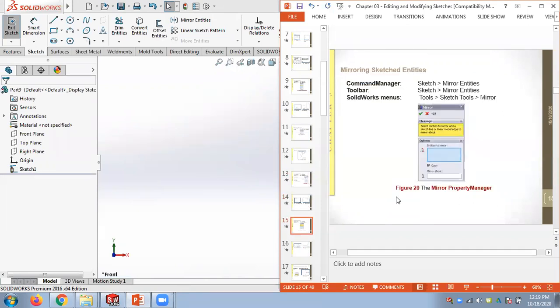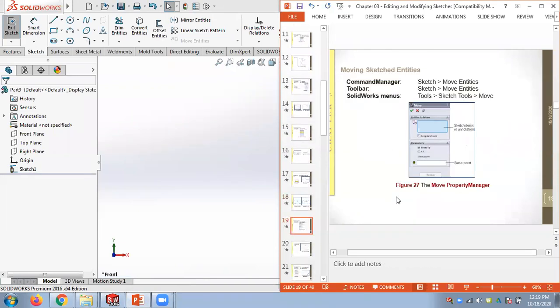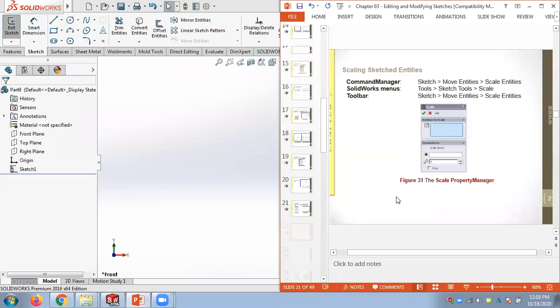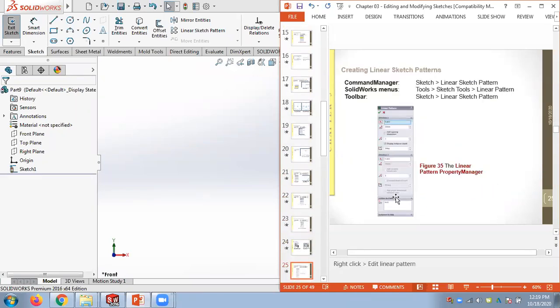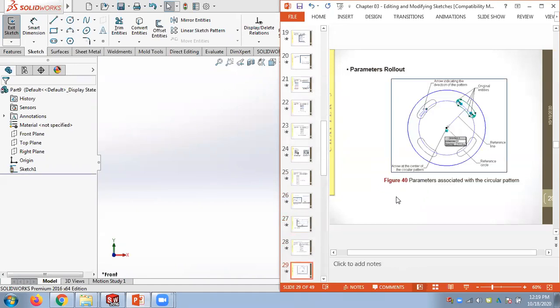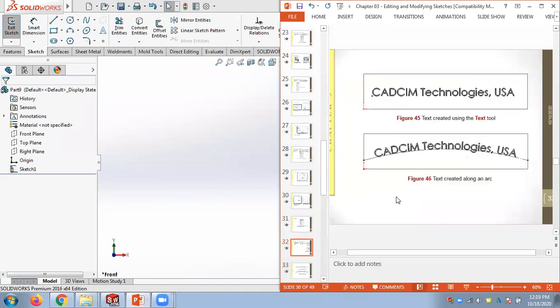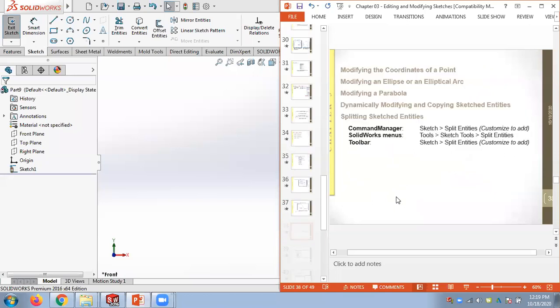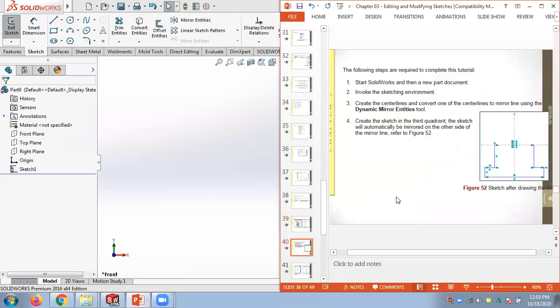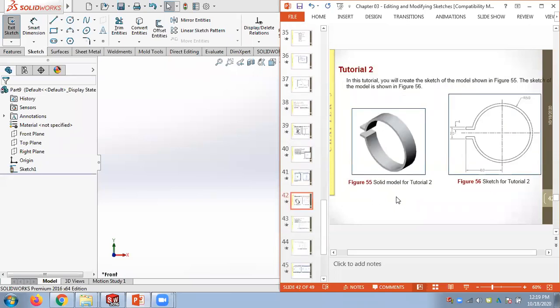So I discussed the mirror tool with you. Moving and rotating, scaling I didn't do. Copying this I didn't do. So I will start the tutorial and show you how it works and how I will use the offset tool in that tutorial. So we will start this tutorial and see how it goes.